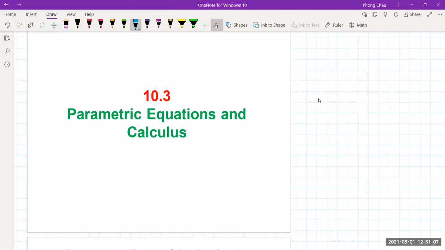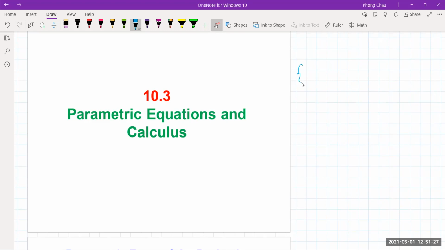But notice that many times when you have parametric equations, you won't be able to do that. It's just too difficult to eliminate the parameter t. So the question is, when we are given